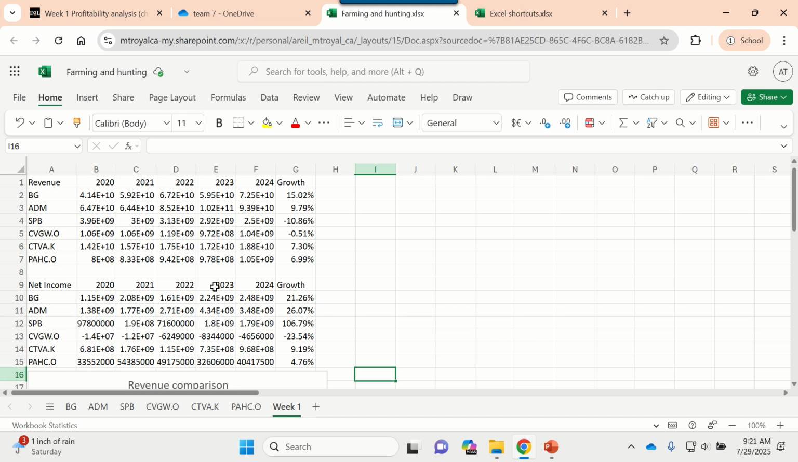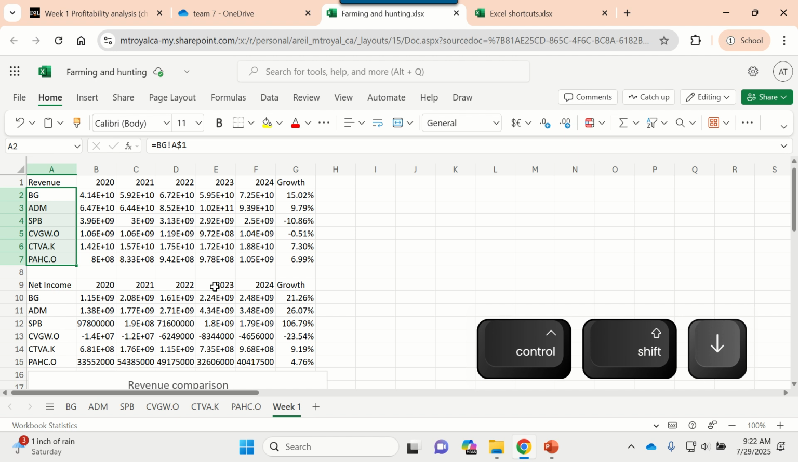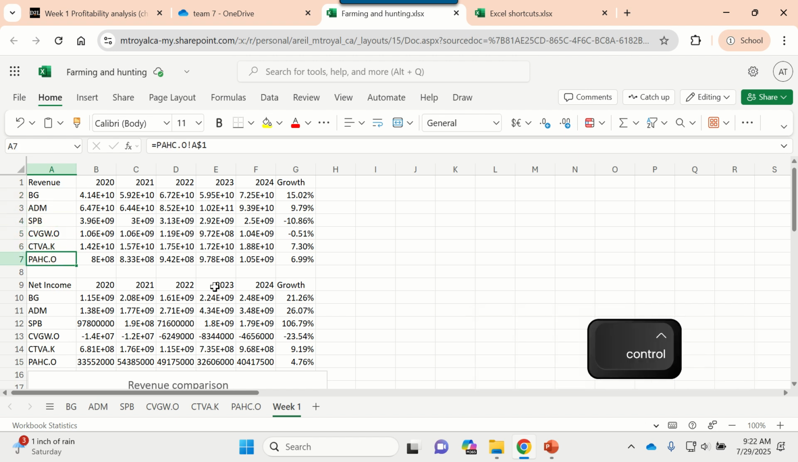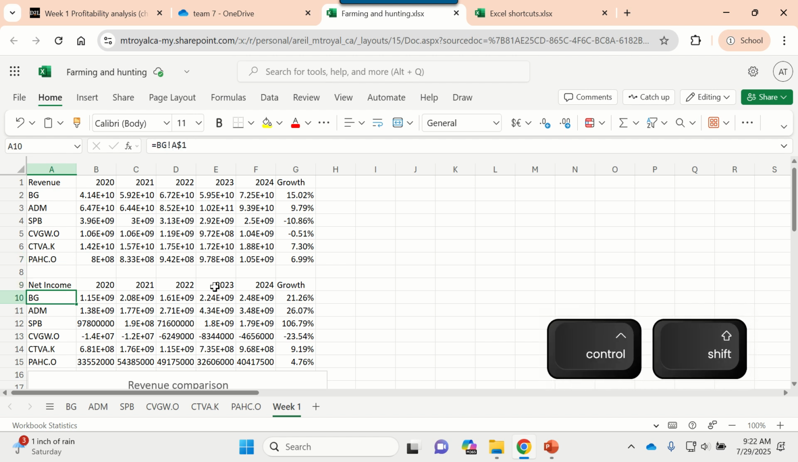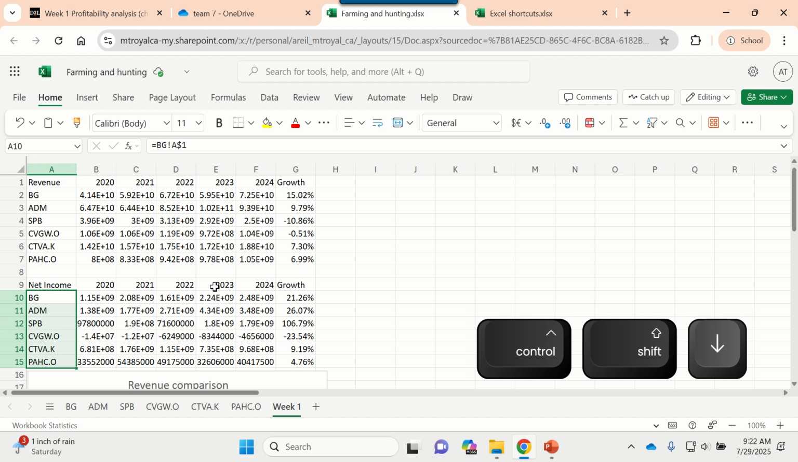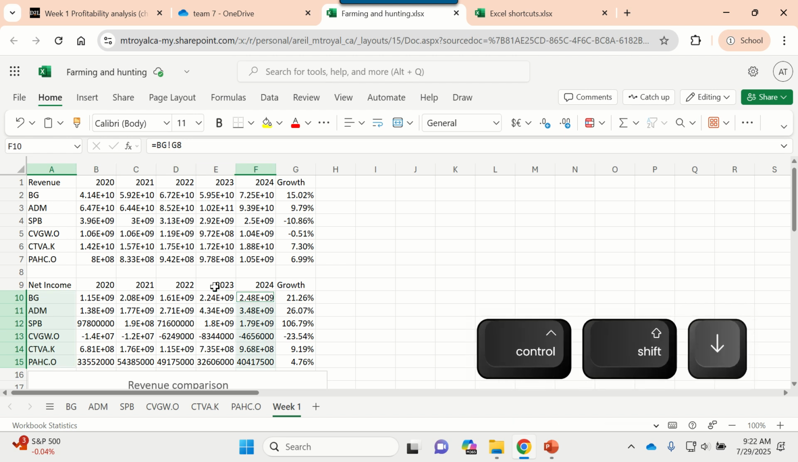But if we didn't, this is where we would put it. And so Control Home and go down one and Shift and down to get all the company names. Oops, I guess we're in revenue. So down, Control down, down. There. Now Shift Control down to get all the names. And then Shift F8. And I'm going to go over to 2024,